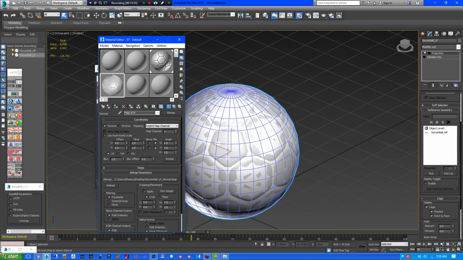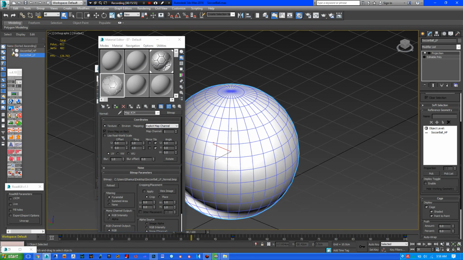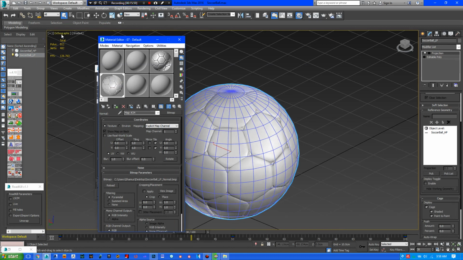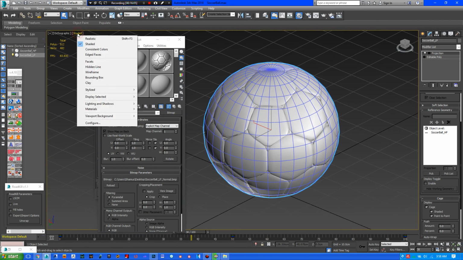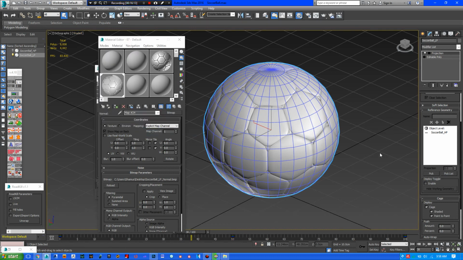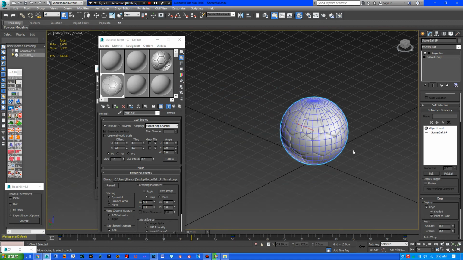So for right now, we're going to get rid of the high poly, and we're going to apply this. So I already have this enabled so we can actually see the normal map. Now if I didn't do that, this is what I think would happen. I might just do it again. But anyway, it wouldn't show this. You wouldn't see it at all when I put that on there, because it actually has the bump map underneath